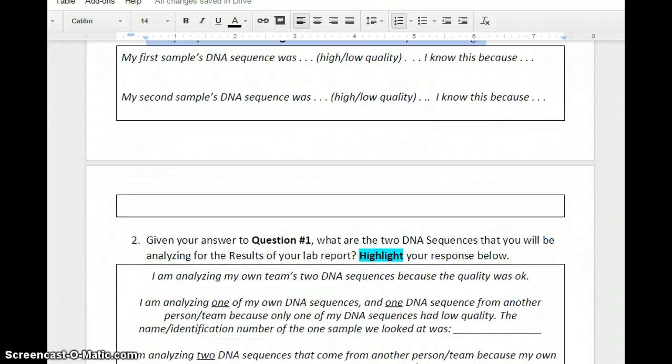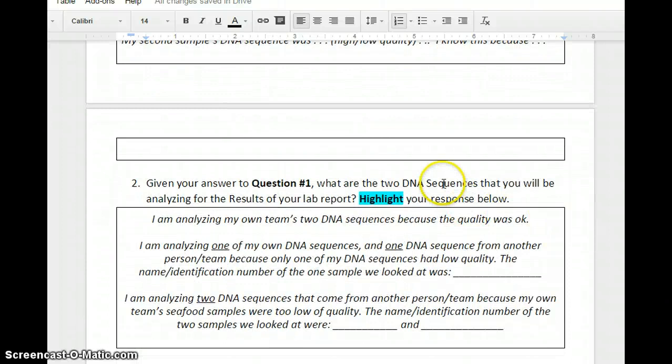For all other questions, if you have low quality sequences, you're going to pick a different sequence to analyze. For an example, in question number 2, I asked, given your results to question number 1, what are the 2 DNA sequences that you will be analyzing for the results